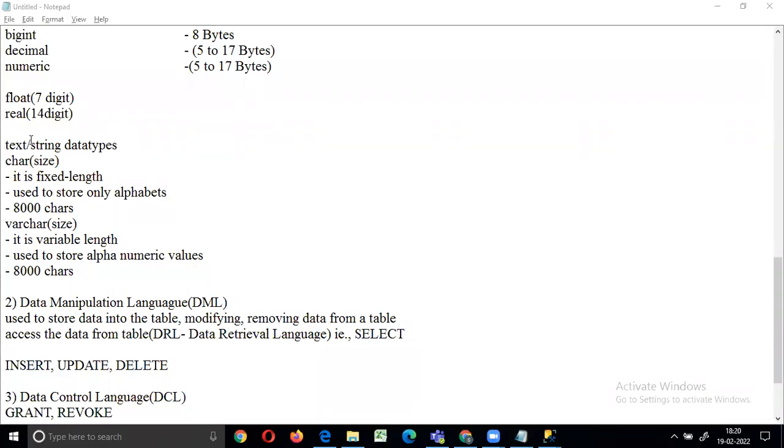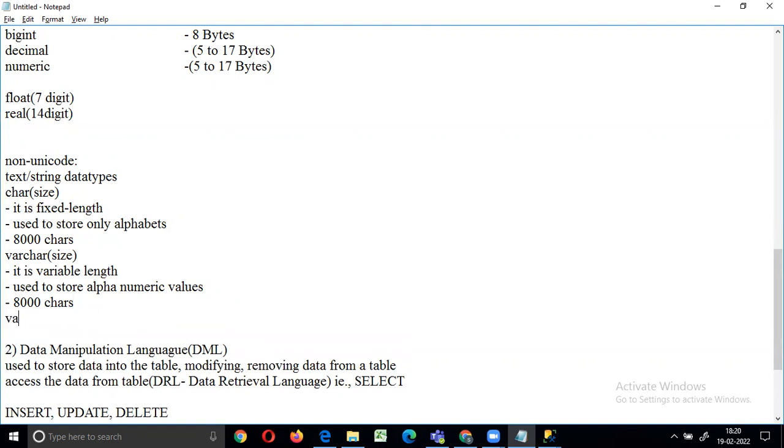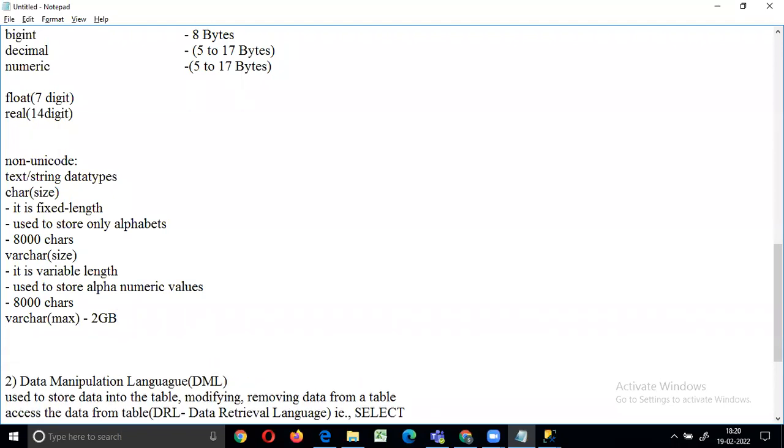These data types are related to non-unique code. These are all related to non-unique code. So that is English. And apart from that, for storing the max capacity, like n bytes, maximum 2 GB of data we are able to store here. If it is a unique code,